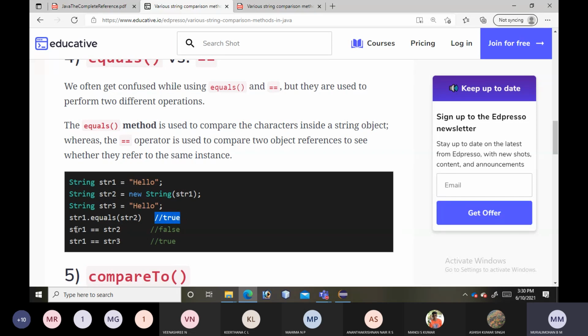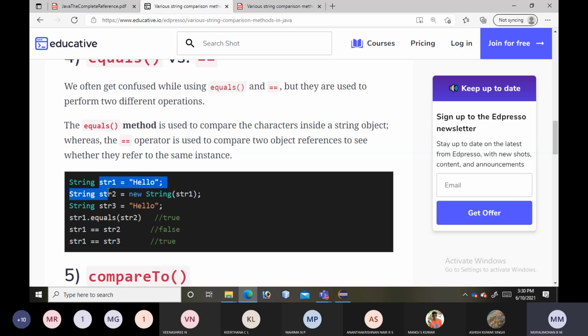Whereas in the next two statements, str1 double equal str2 is false. Why? The string object for str1 is different from the string object for str2. We are creating separate string objects. This particular operator will compare two object references.